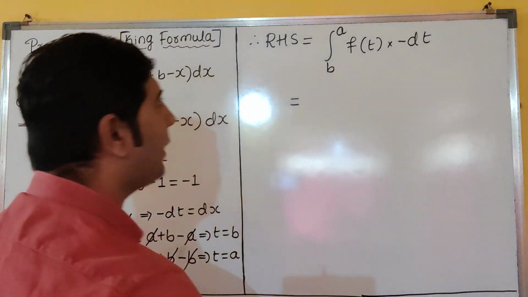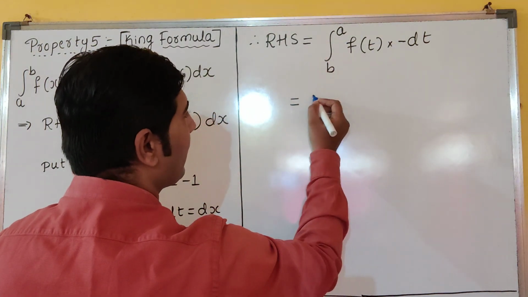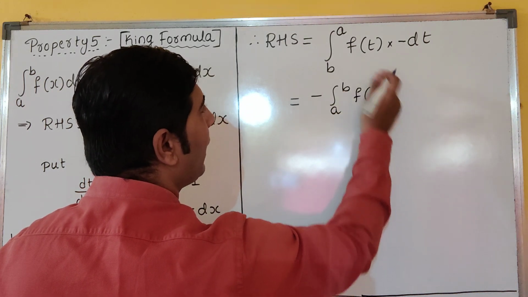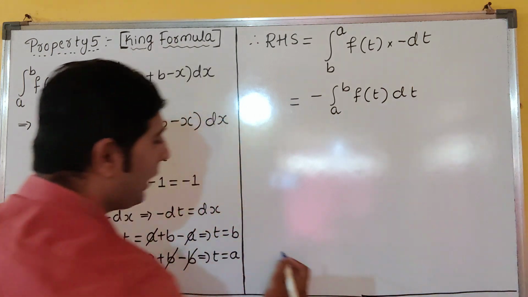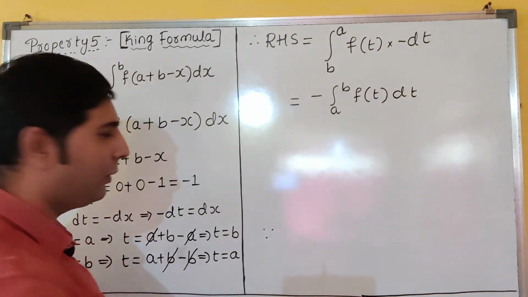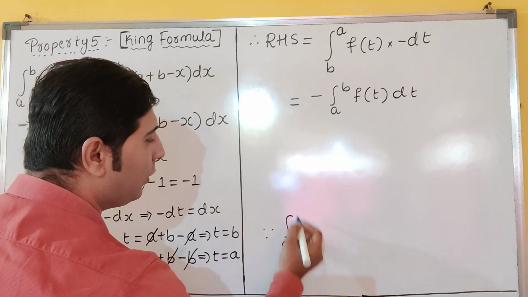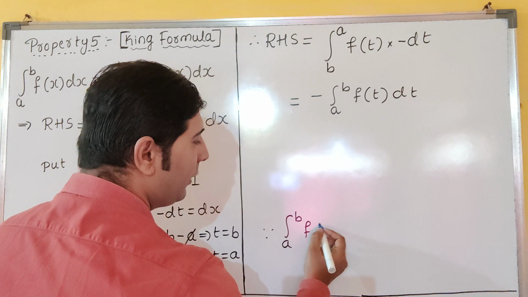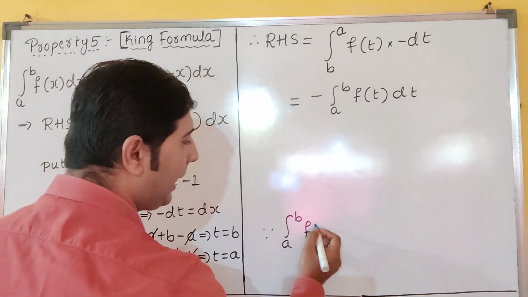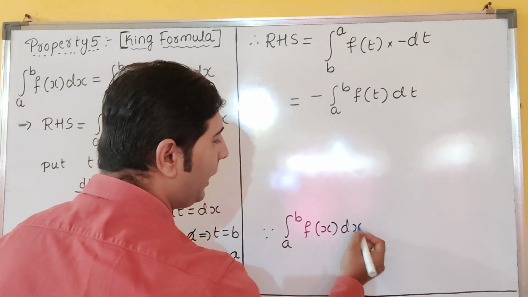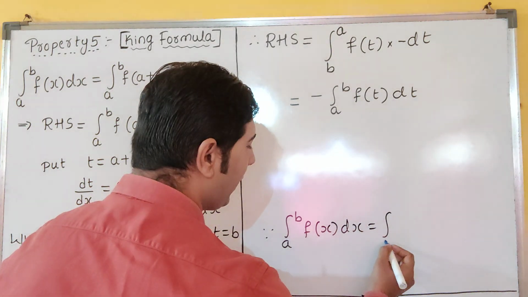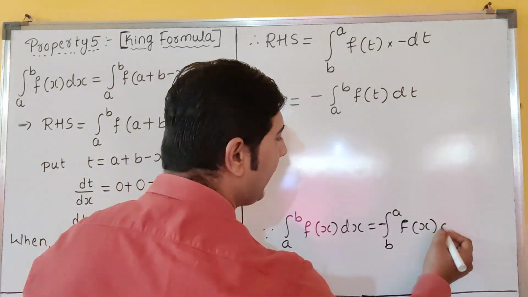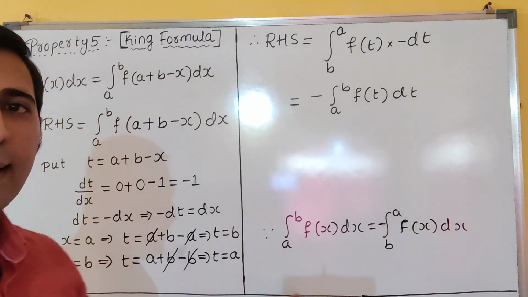So this minus sign I will take out first. I will explain you that. So integration a to b f of t into dt. Now what I am saying, the property I will write for you. If you don't know property number 2, please go through the first video. You will understand. It was a 6 marks question, in the first video you see. There I had solved: integration a to b f of x into dx and integration b to a minus f of x into dx. So this is the property, dear students.